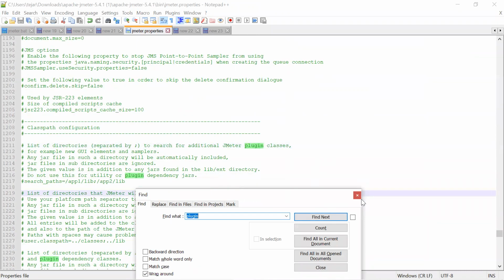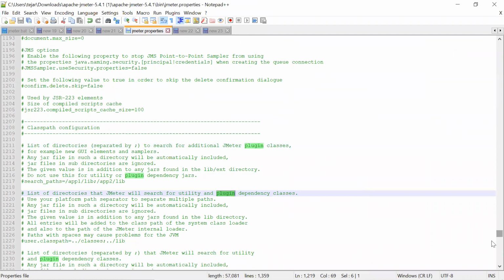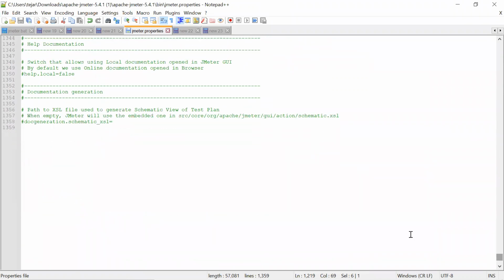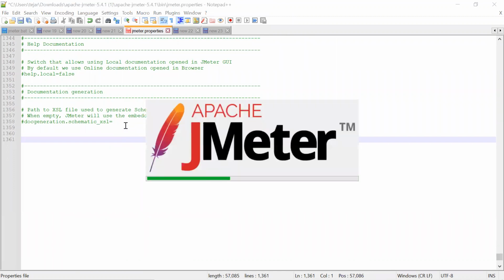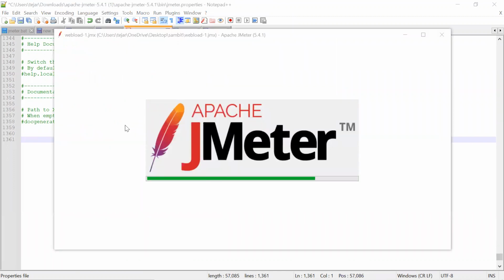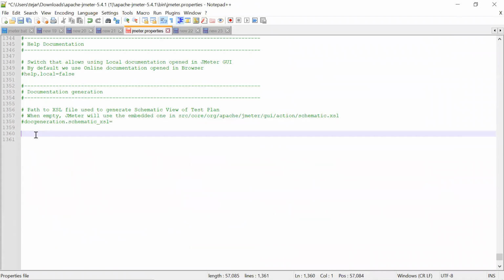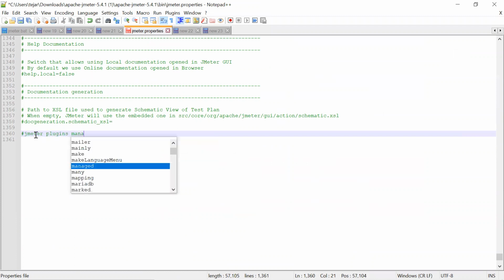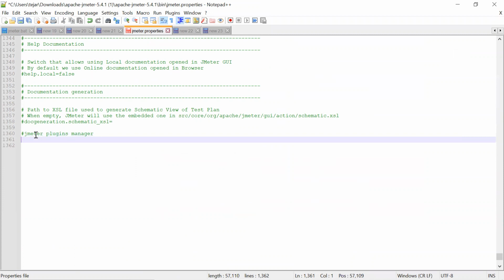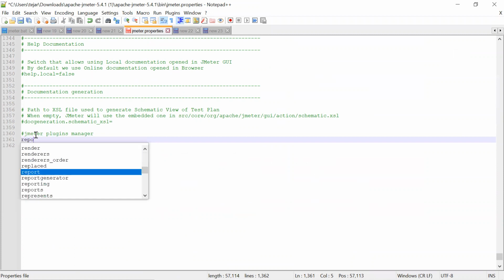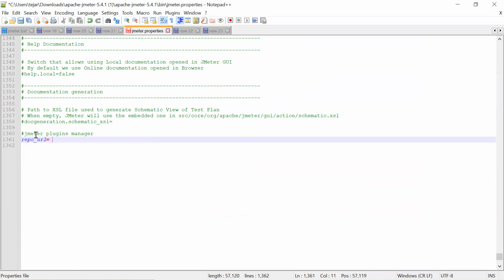Okay, so it's not there. So at the end I will write the new lines here. I will share that line from my system file from the office. So here it is, a JMeter plugin manager hash, JMeter plugins, and there is one keyword, repo URL or something. If you write this URL, JMeter will try to download plugins from this one.